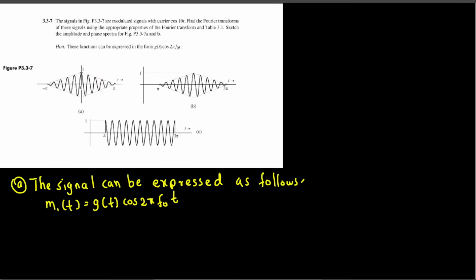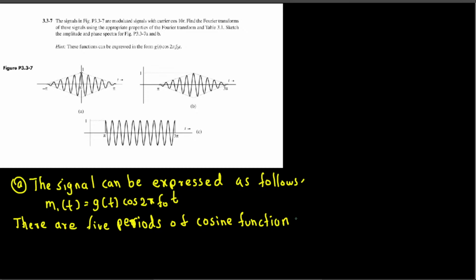So 1, 2, 3, 4, and 5. Totally 5 cycles. So we can say there are 5 periods of the cosine function